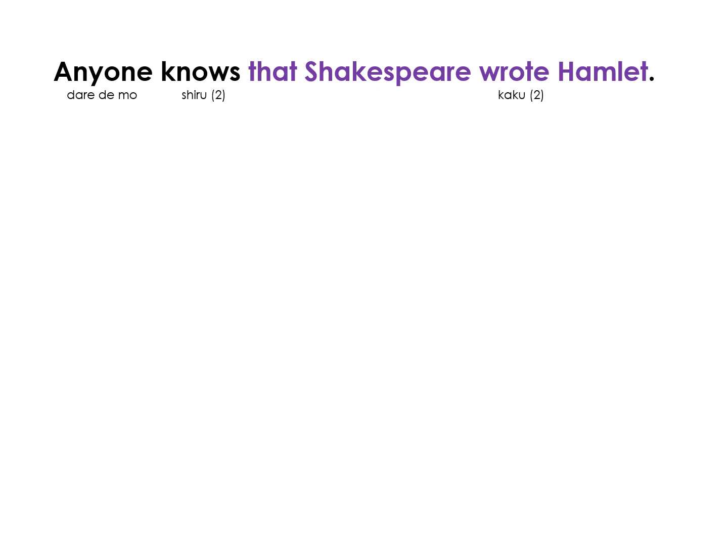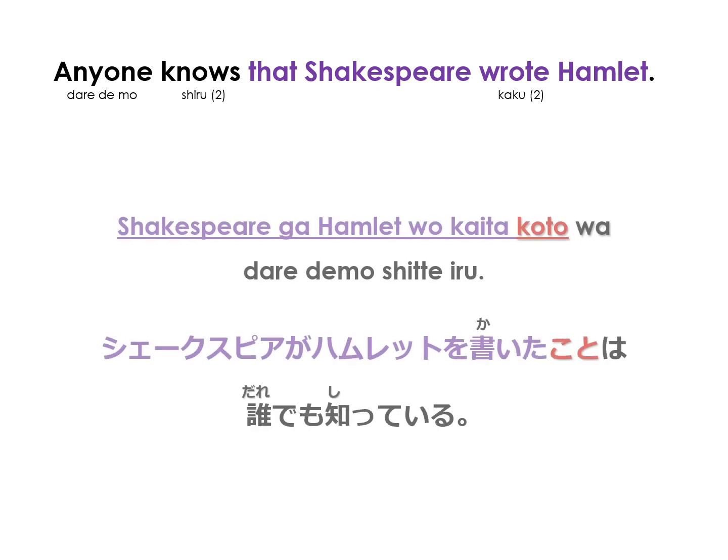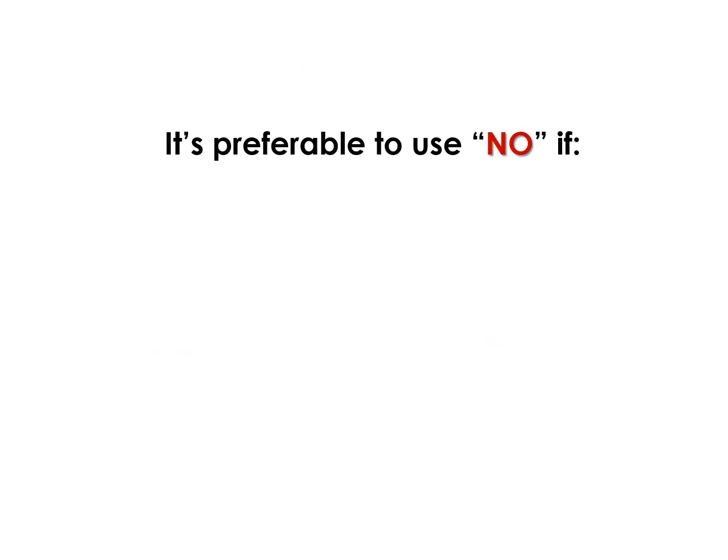Next example, the sentence, "Anyone knows that Shakespeare wrote Hamlet." This is a general statement of fact, so we use koto to nominalize that Shakespeare wrote Hamlet. And in Japanese, we say, シェイクスピアがハムレットを書いたことは誰でも知っている。As we said earlier, it's preferable to use no when you have an emotional involvement